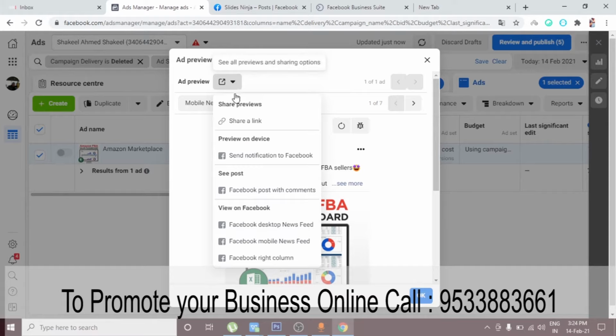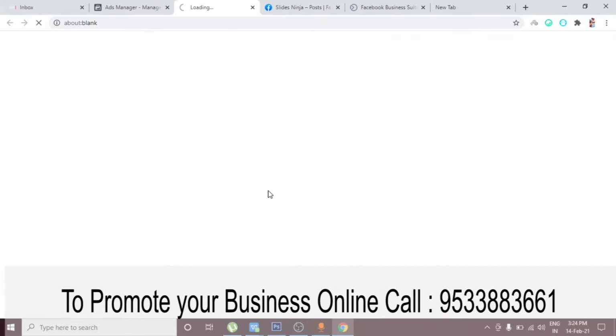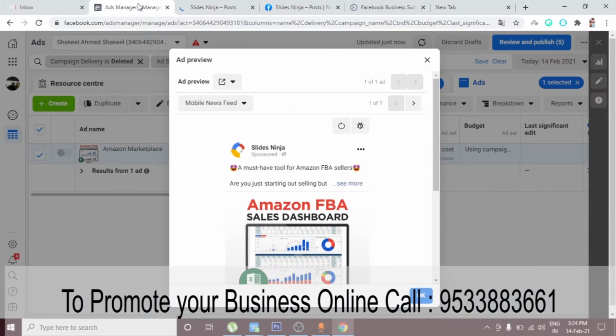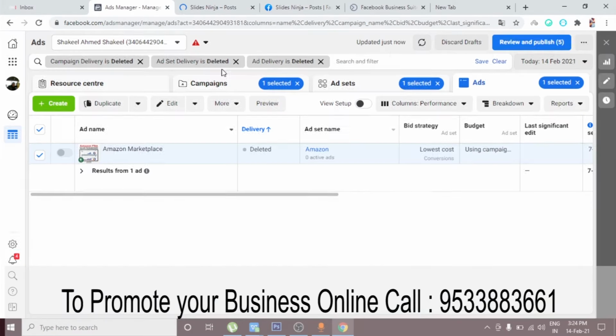Then select this option and click Facebook post with comments. After that, you have to select this post ID and copy this, and go to the campaign which you have created.